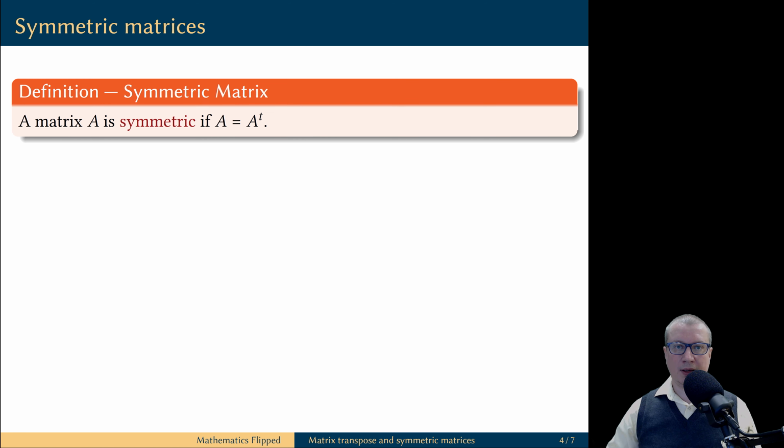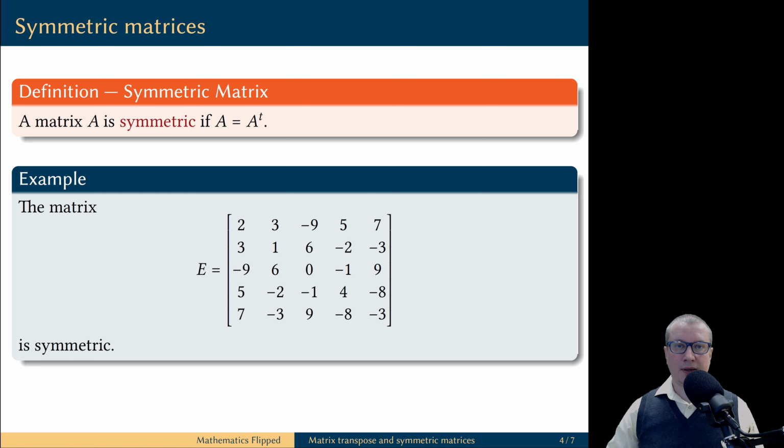Now that we defined the notion of a transpose of a matrix, we can define the notion of a symmetric matrix. A matrix is symmetric if its transpose is equal to the matrix itself. Here is an example of a symmetric matrix, and you might not immediately see why this matrix is symmetric, so